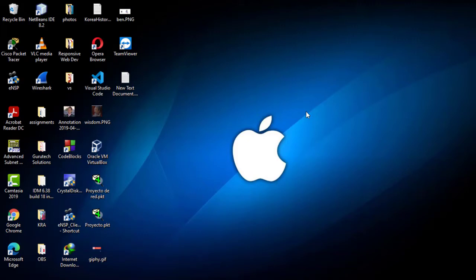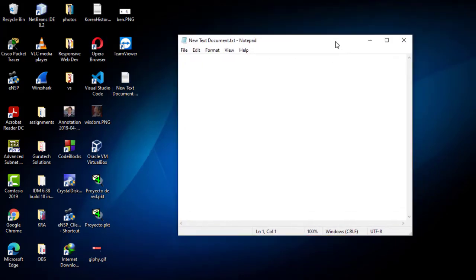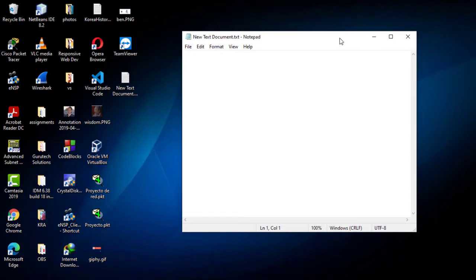Alright, so we are good to go. I will click on a blank .txt file and list some of the tools that we are going to use in this process. So the first tool that we are going to need is a flash disk. This is a hardware tool, at least 4 GB